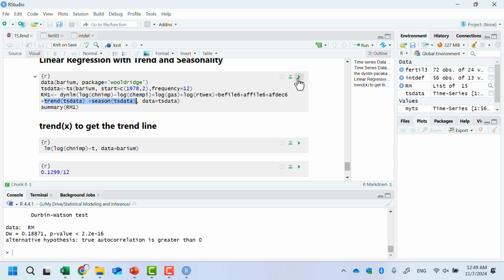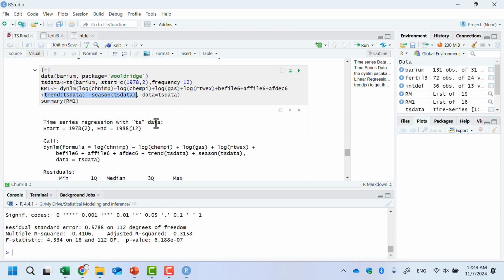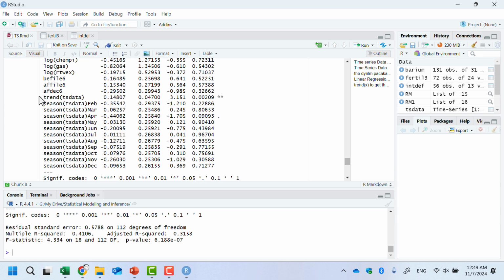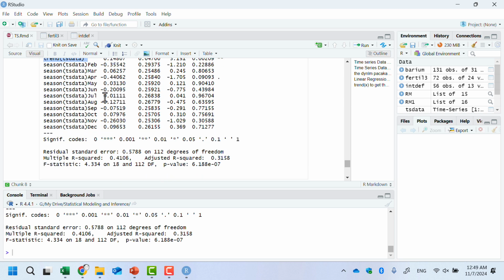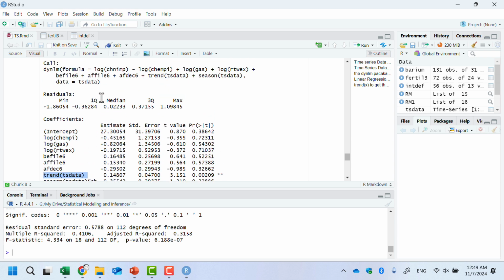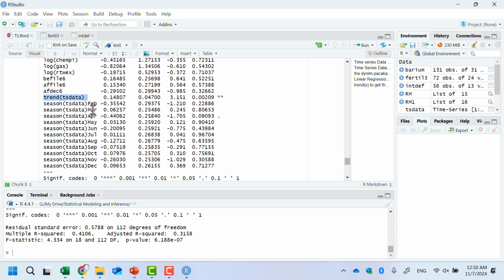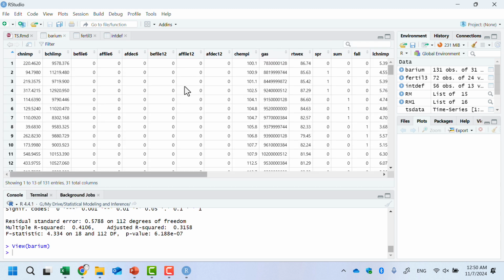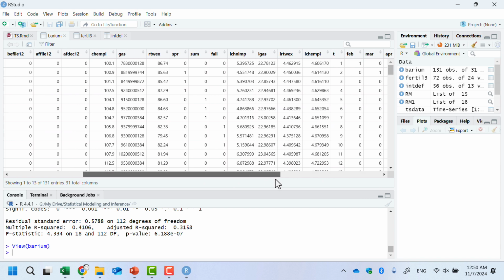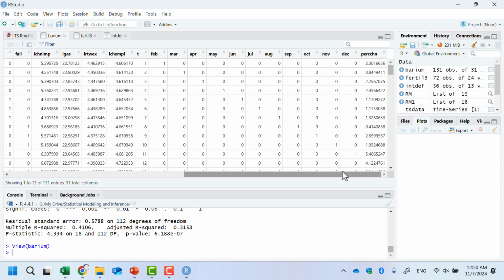Okay, so if you run this one, trend will be just trend, right? But season will be something like this. It's February, March, April, May. But if you take a look at this data, as you can see, we have February, March, April, May, June. But why don't we have a